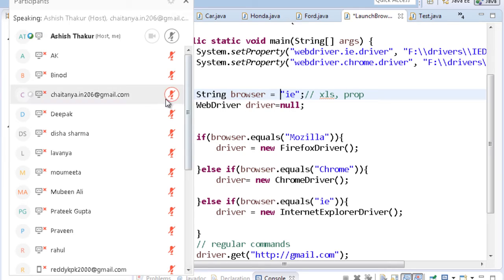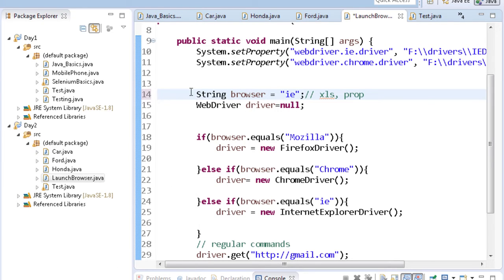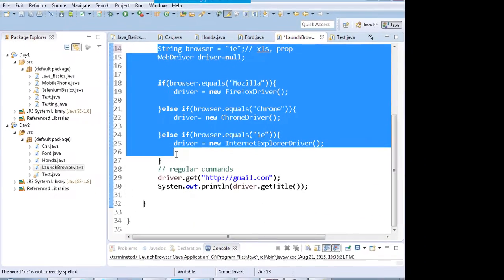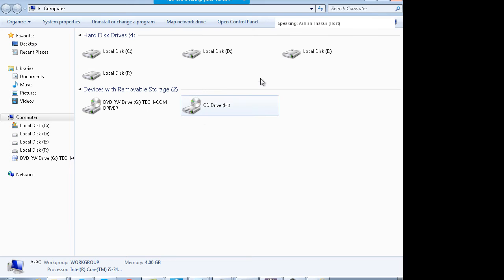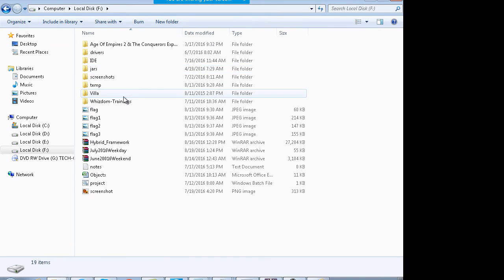Okay. So over here, you have launched the browser like this. Right. Now, if you